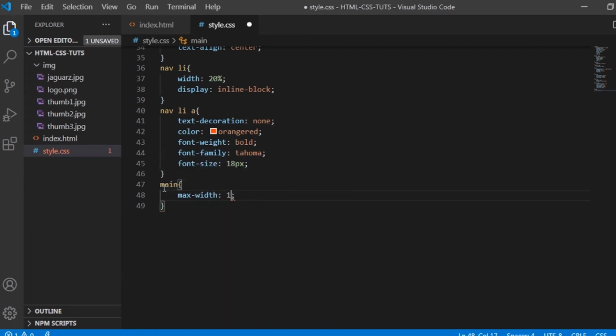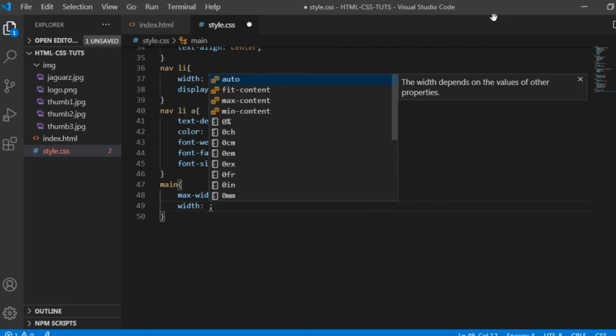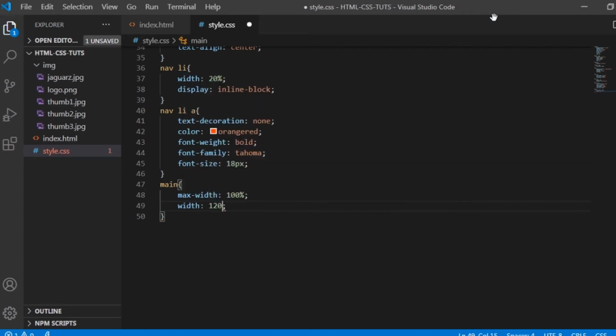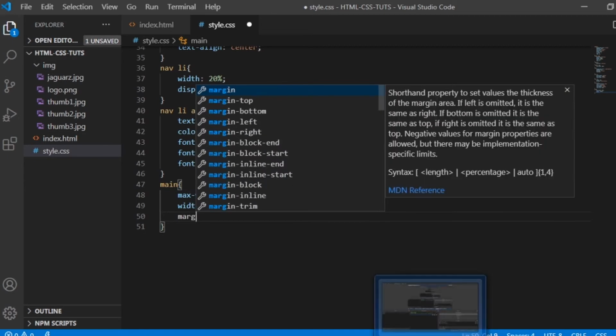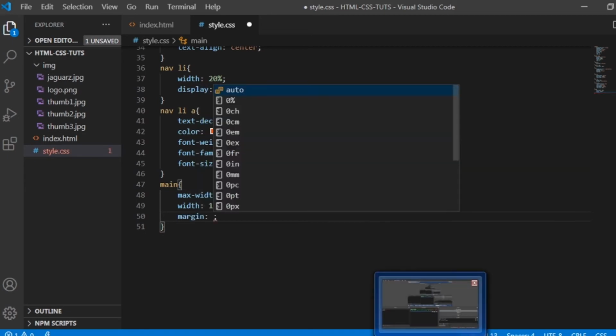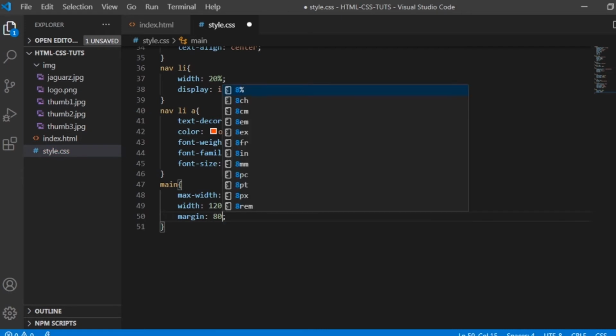is 100%. Okay, and then the width is 1200 pixels. Okay, so the width is 1200 pixels. And then okay, so let's create a margin. So the margin, it's gonna be 80 pixels, 80 pixels and auto.